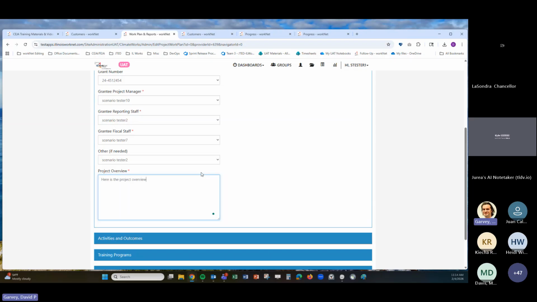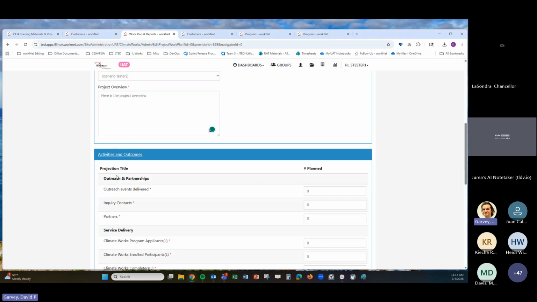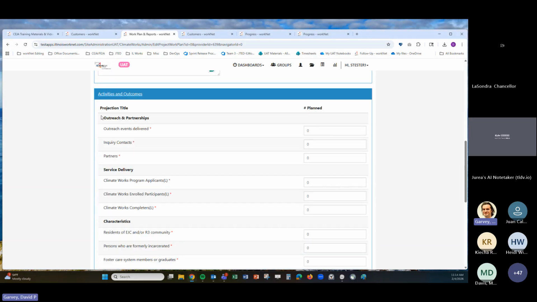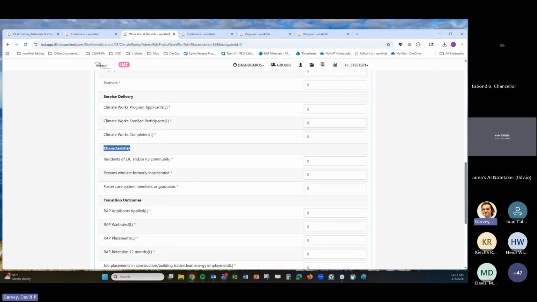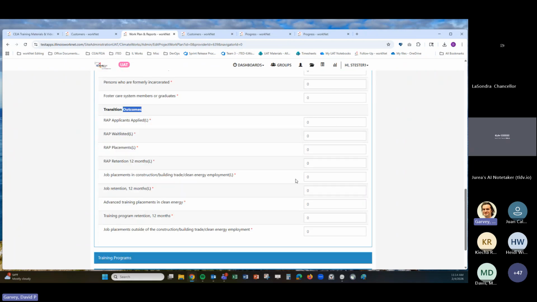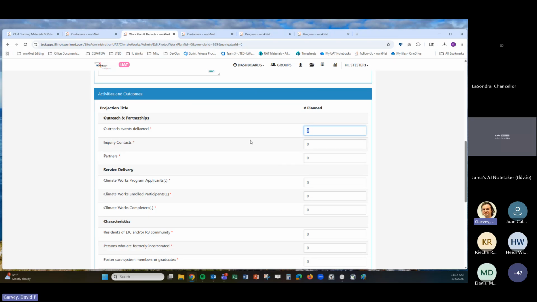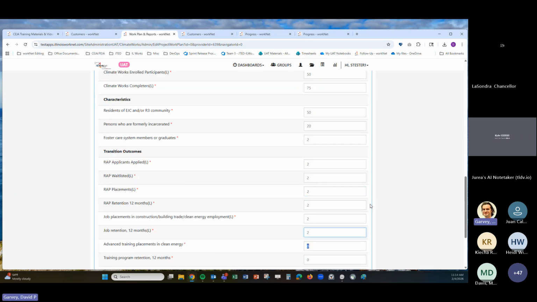Enter text in here. And the next section is activities and outcomes. And so we have these different items here for outreach and partnership, service delivery, characteristics, transition outcomes. And we'll just enter in our plan numbers for each of these items here. So once we get these in,